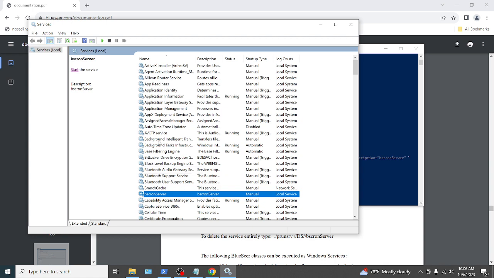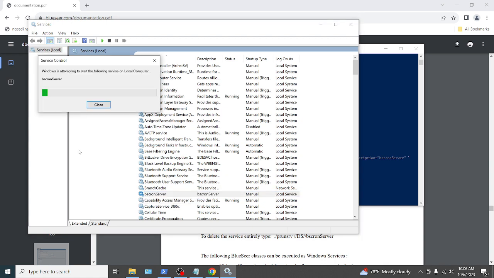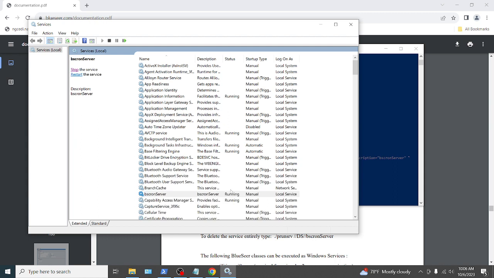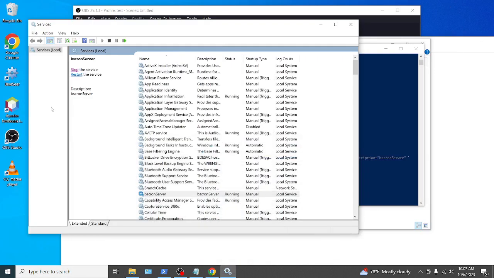Now we're going to start the service. We're going to click Start, and it's going to start the service. So now that service is actually running, and that's it. It's really a pretty simple procedure to get the BS Cron server running as a background Windows service. Once you have this running, then you can go to the BlueSeer application, which we will do right now,